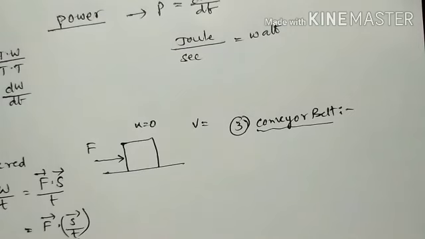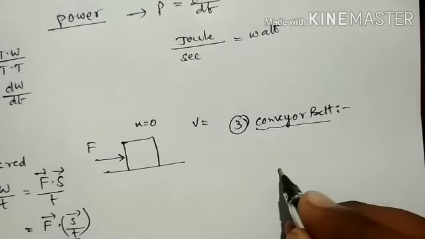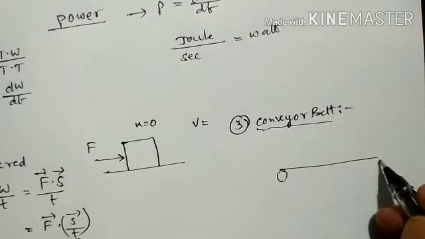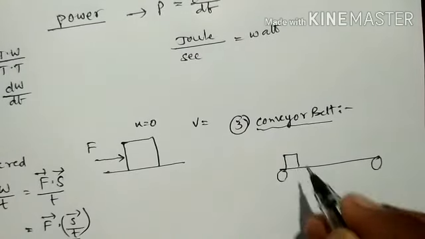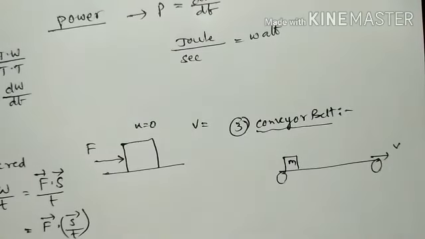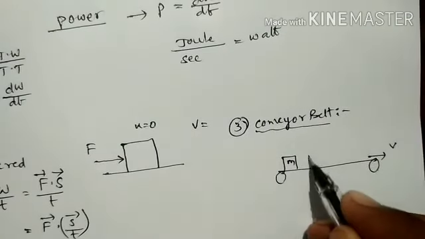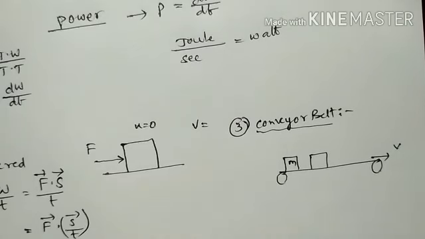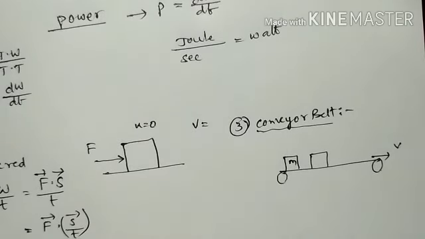So there is some motor, and when this motor is switched on, it will rotate the belt, or move the belt along with the objects. When you put an object, some mass is kept on the belt, and the motor has to move that object with constant velocity. This is the belt, rolled over some rollers, and the object of mass m is placed here, and the belt is moving with a constant speed. Continuously you are putting some mass. Although you are increasing the mass, the belt moves with the constant speed.